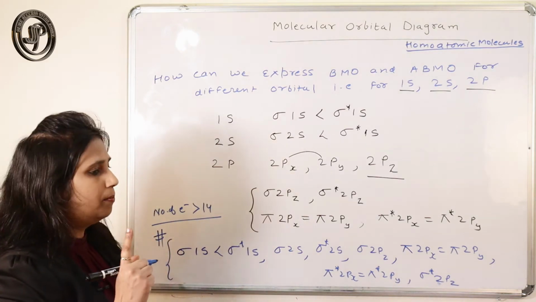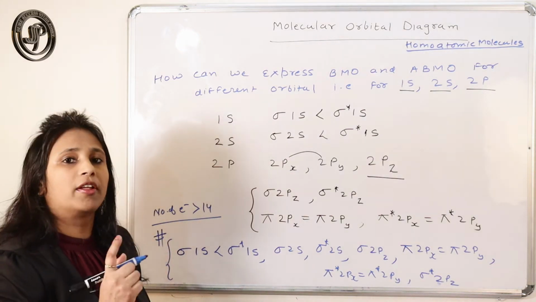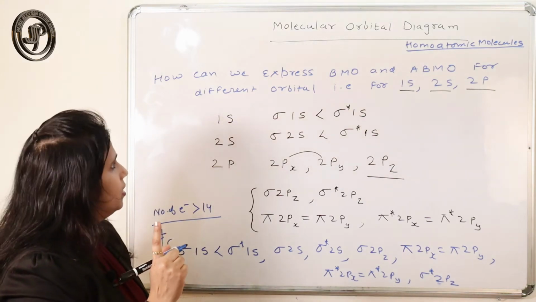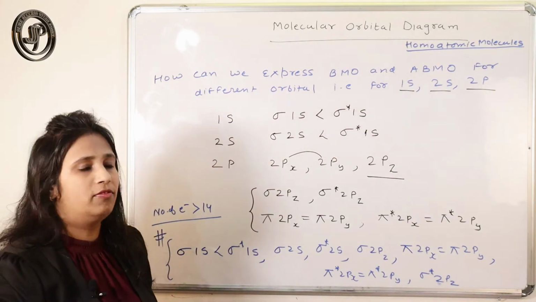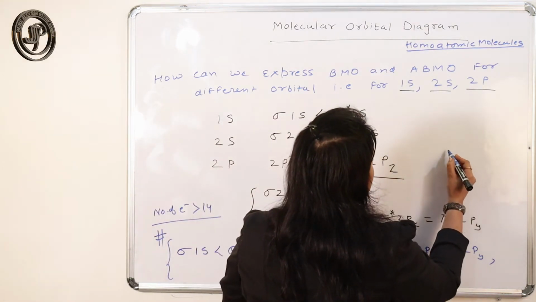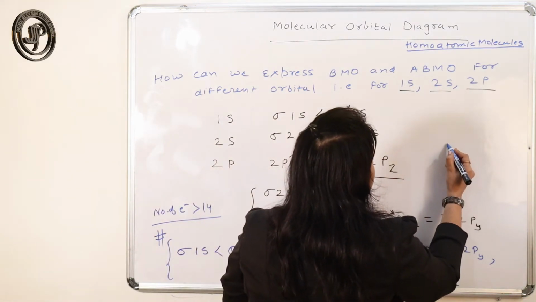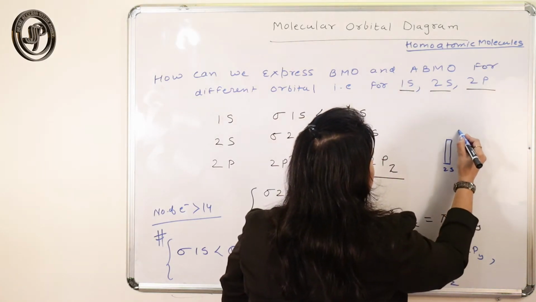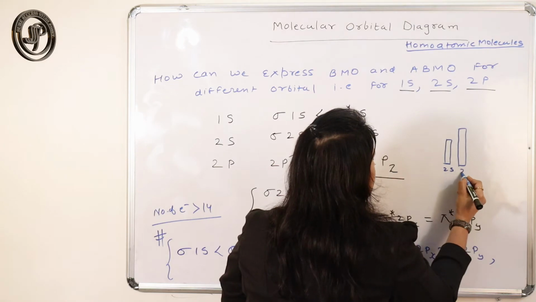Up to nitrogen, the difference between the 2s orbital and the 2p